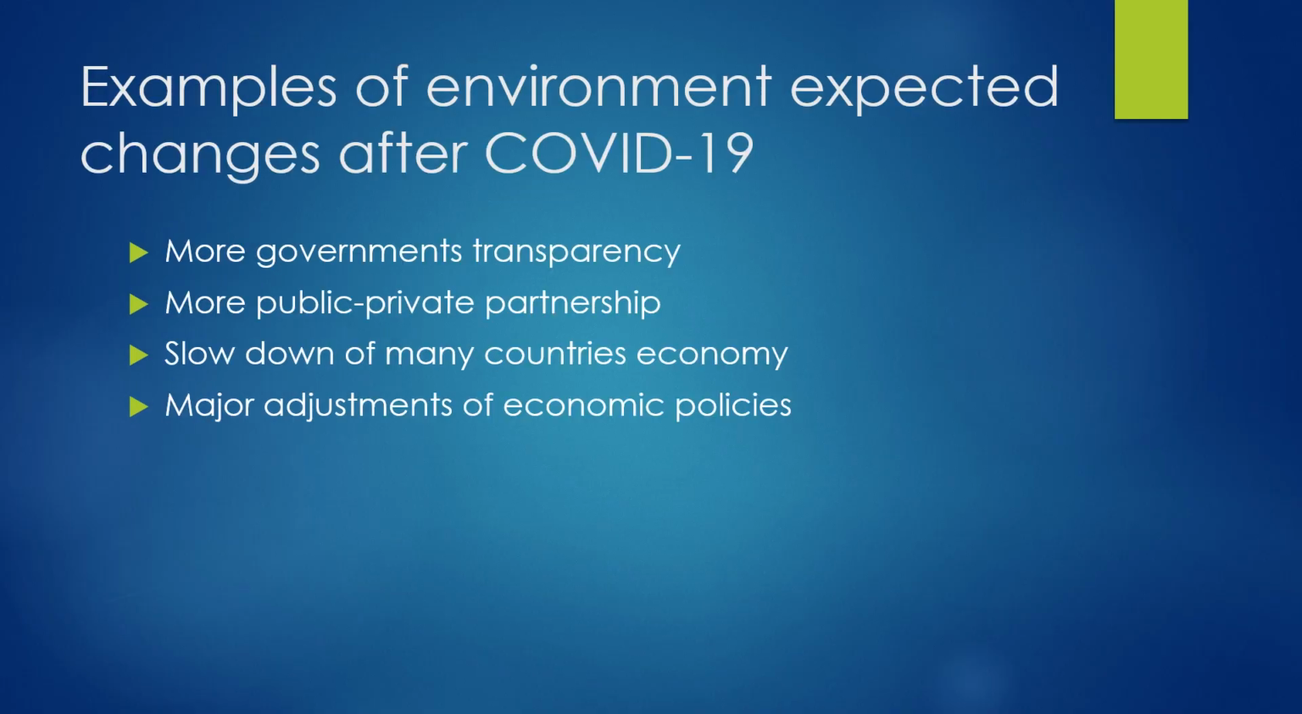If we just consider the coronavirus outbreak, how can this outbreak affect the environment of business? Examples of the environmental expectations regarding this virus can be as follows. If we think about how the government deals with the virus nowadays and in the future, more government transparency will happen, and more public and private partnership to overcome this health problem. Slowdown of many countries' economies, major adjustments of economic policies of the governments,